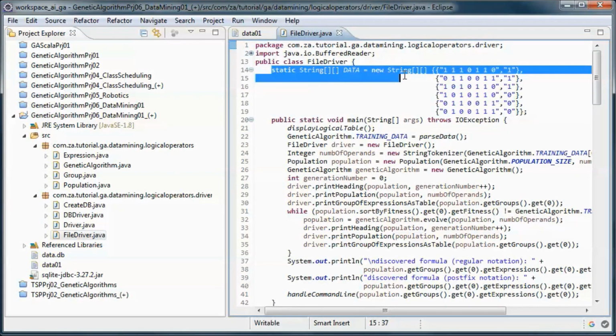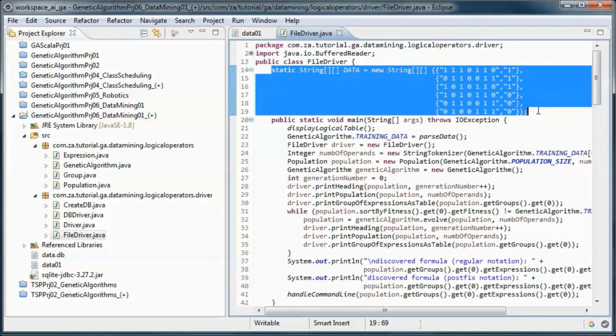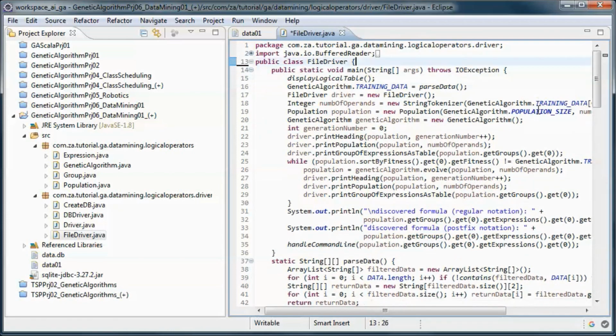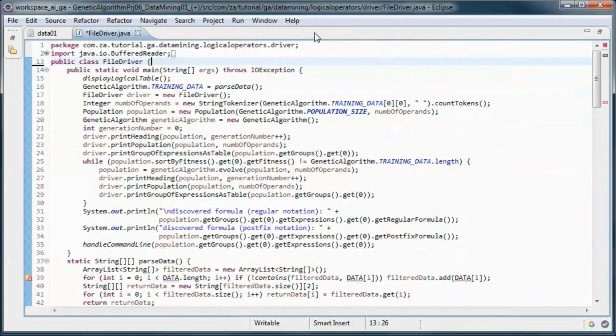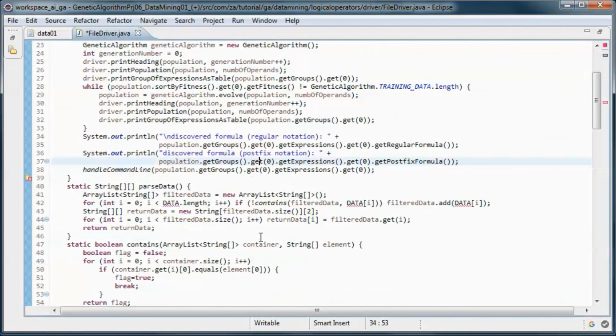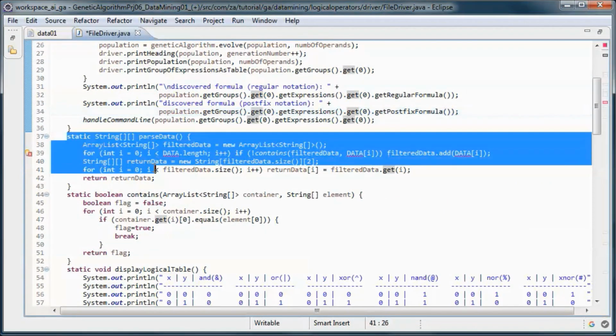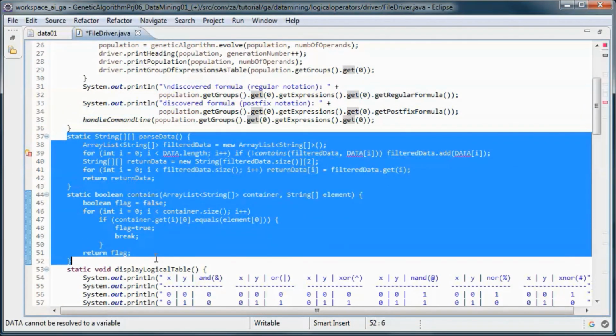And let's remove this hard-coded data. And replace those 2 methods.